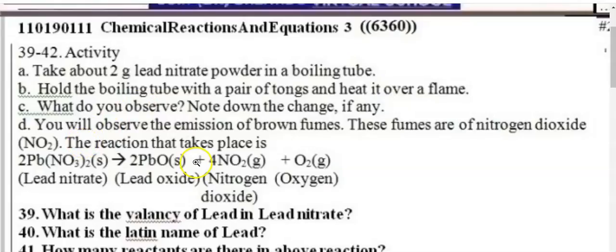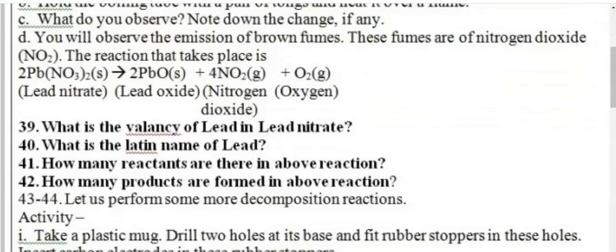The reaction is as given here. PbNO3, that is lead nitrate. So here is only one reactant, very important for decomposition reactions. One reactant is giving many products. There, many reactants were giving one product, so that was a combination reaction. Here it is one reactant giving many products. So such a reaction is called a decomposition reaction. So what we will get here: lead oxide, PbO, nitrogen dioxide, NO2.